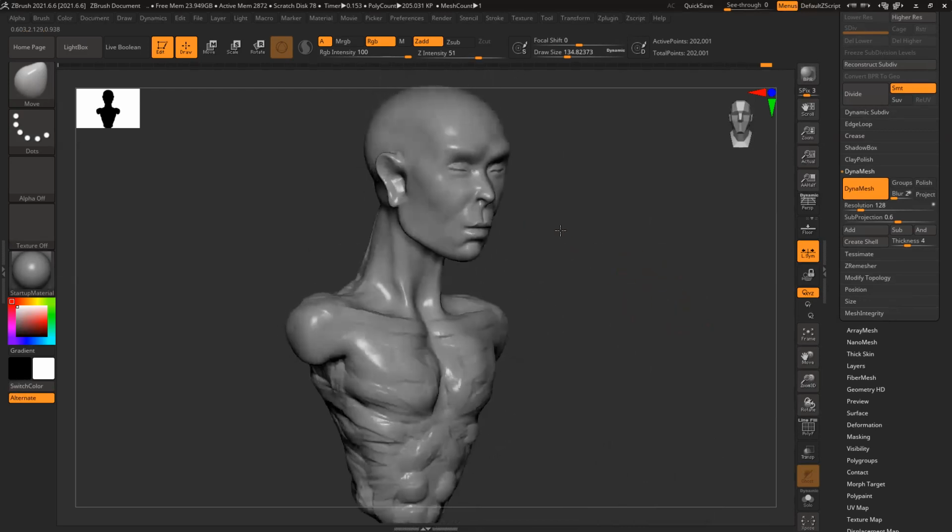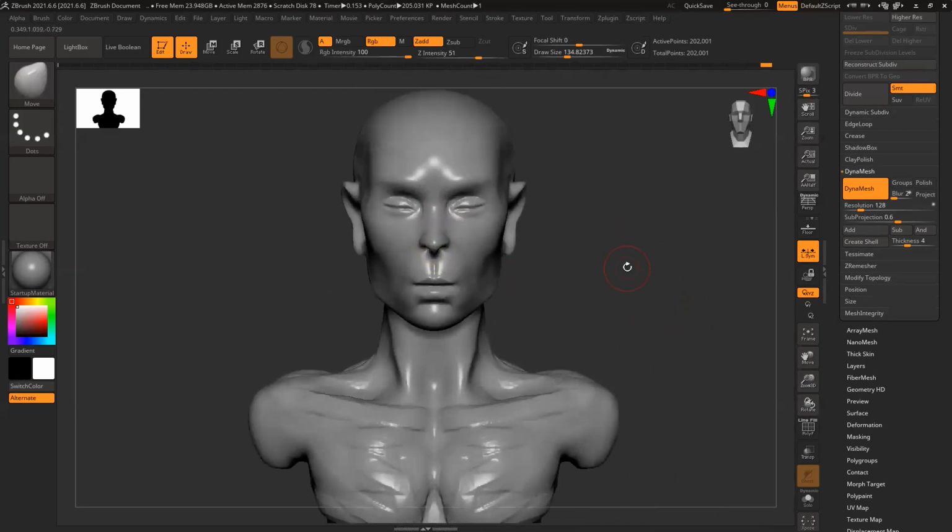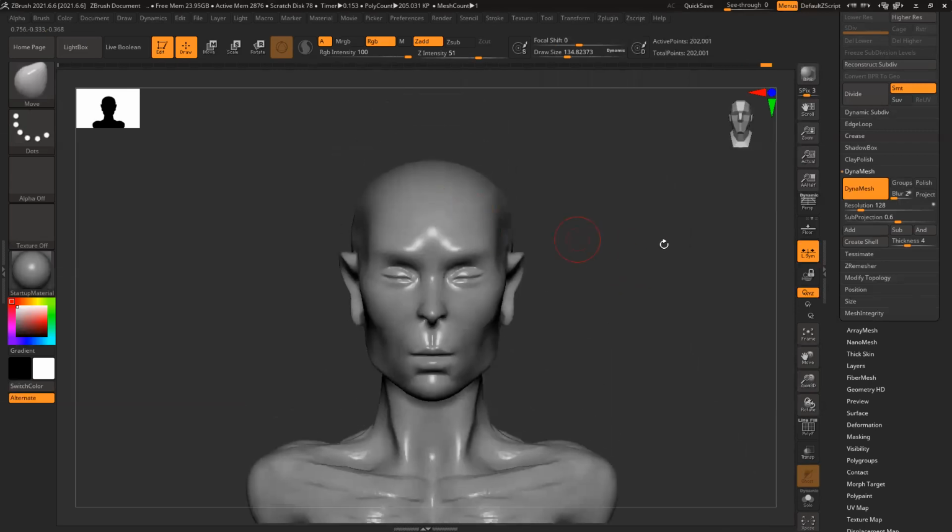So like this, you can block out very easily. And suppose I want to create some here also.